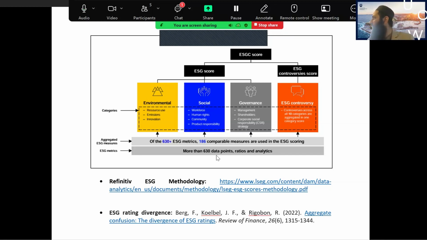Two questions. One is the method of combining the ESG controversy. Is that just subtracted from the ESG? Yeah, I think that's a very good question. And that's why I have a link here. The Refinitiv ESG methodology is a long document where they have explained all the processes and steps involved, and how they combine it together.